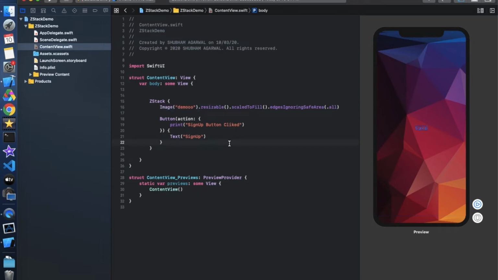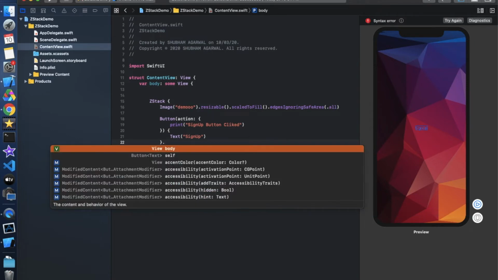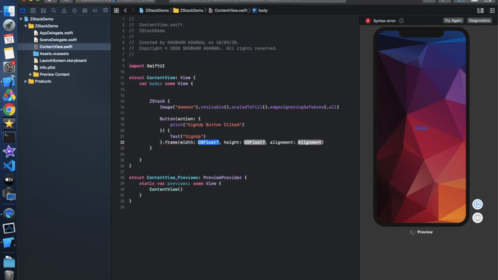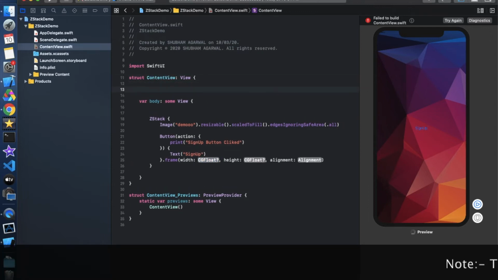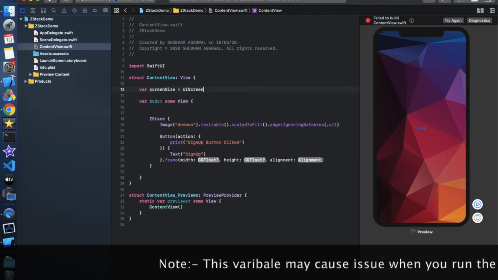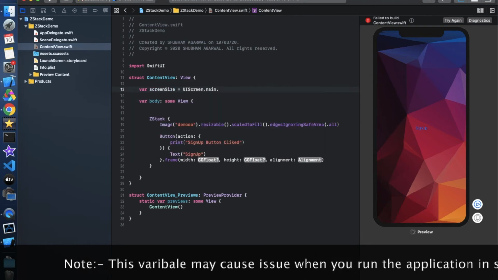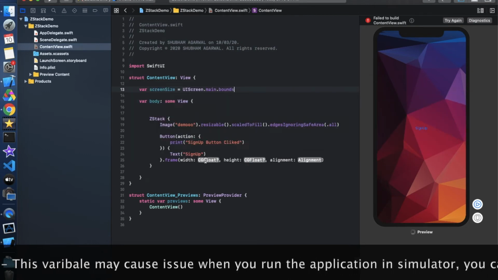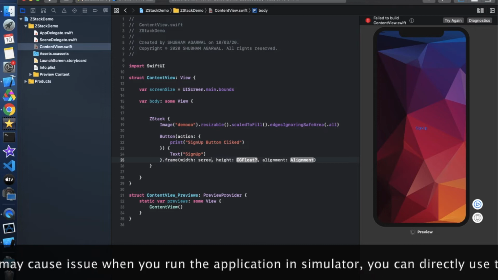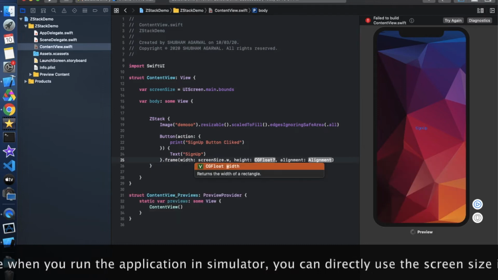So let's change the background color of this button. First we need to change the frame of this button, so simply write frame, and in this we have to provide the width according to the screen size. So we have to create one variable over here, where screenSize equals UIScreen.main.bounds, and in width we have to pass screenSize.width.